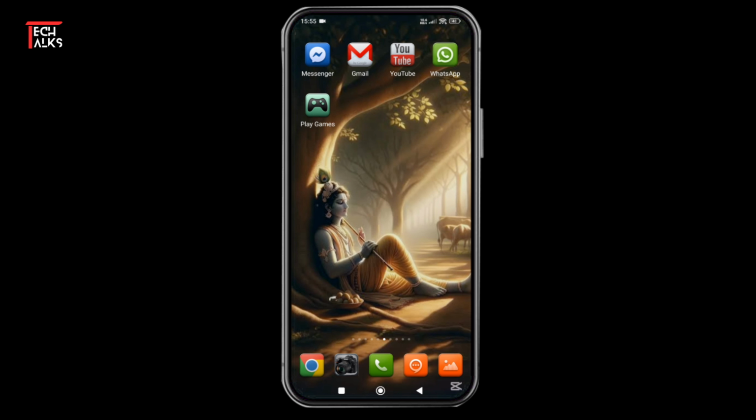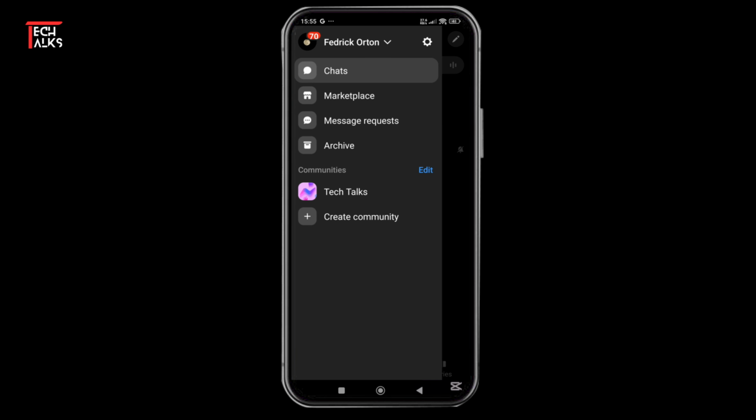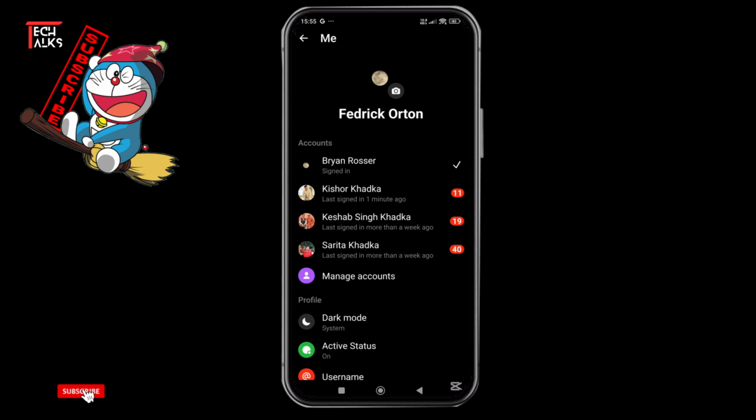So first things first, open your Messenger app. Now here on the top left hand side of your screen, you will find this hamburger icon. So tap on it. And then you will see this pop-up. So here on the top right hand side of your screen, you will find this settings icon. So tap on it. Now scroll down